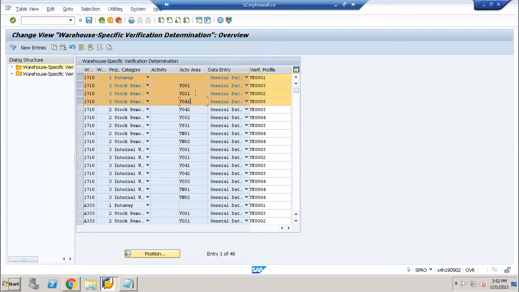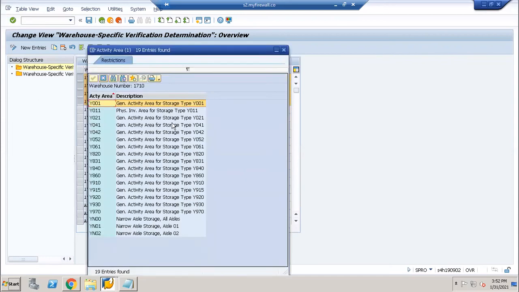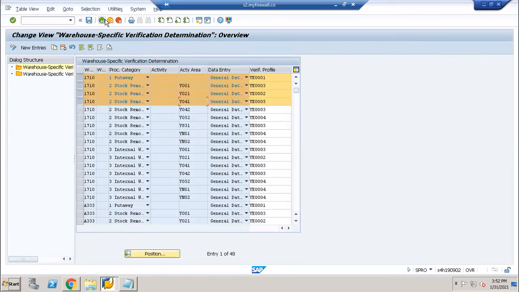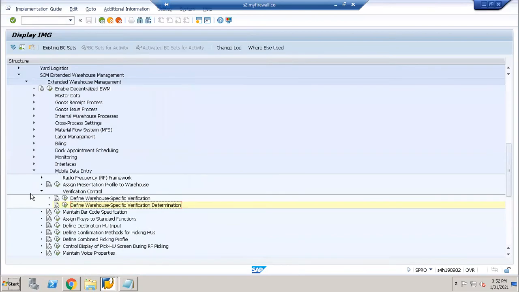Like activity area 0Y041. It is for storage type Y041. So most of the time storage type is 1:1 relationship with the activity area for simplification. Okay, it is for simplification so that our warehouse staff should not be confused. Now, how to maintain this different barcode?